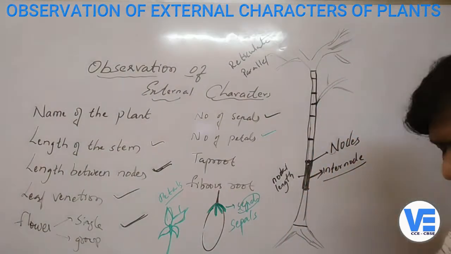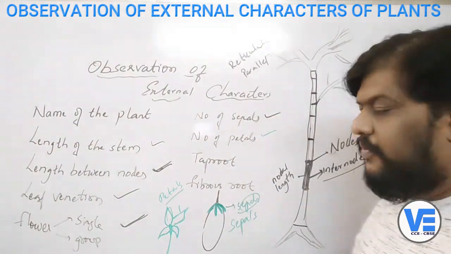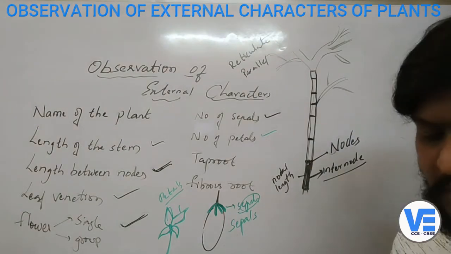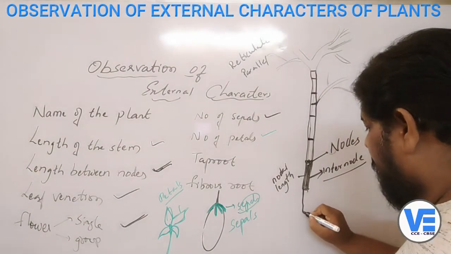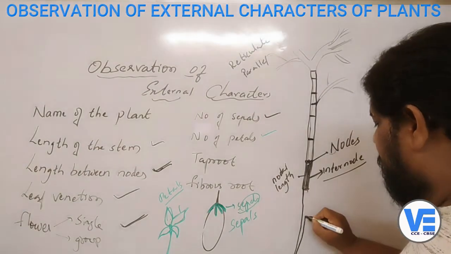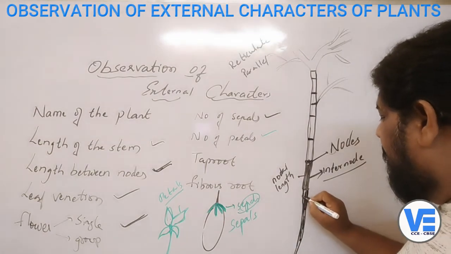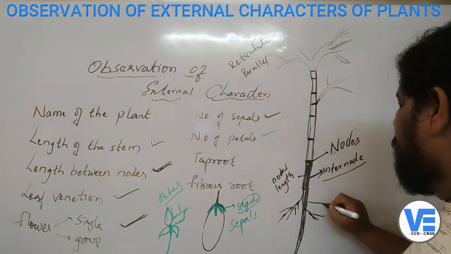Okay. So here there is a difference. There are two different kinds of roots. One, you can go ahead with the taproot, right? So now let me draw the taproot here. I'll draw it for you. Now the taproot will have a main root like this. It will have a strong main root, okay, and then you can see some other very delicate, tender roots